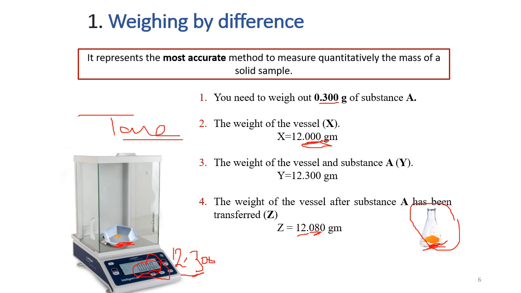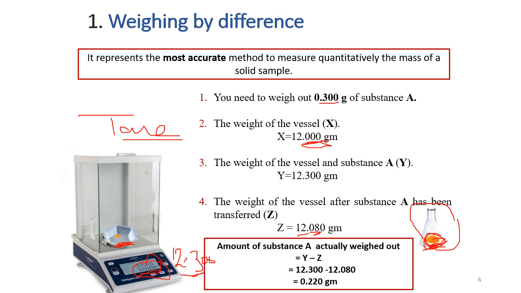How can I get this weight which is inside the flask? How can I get this measured weight? I will get it by difference. Which two readings will you subtract? I will subtract the 12.3, which is the boat plus the powder, minus the boat plus the dirt. So the boat plus the powder minus the boat plus the dirt would give you the amount of powder accurately